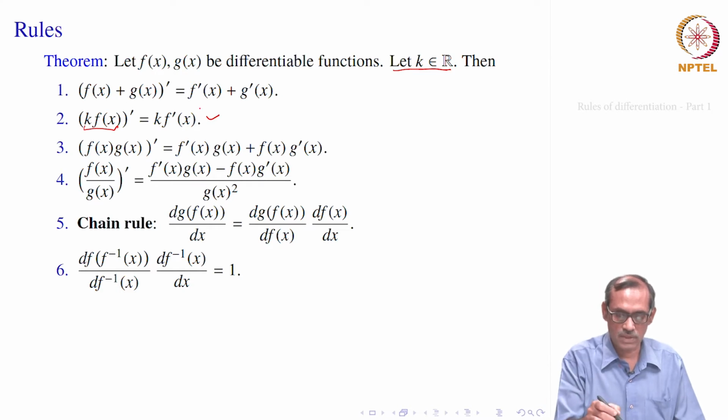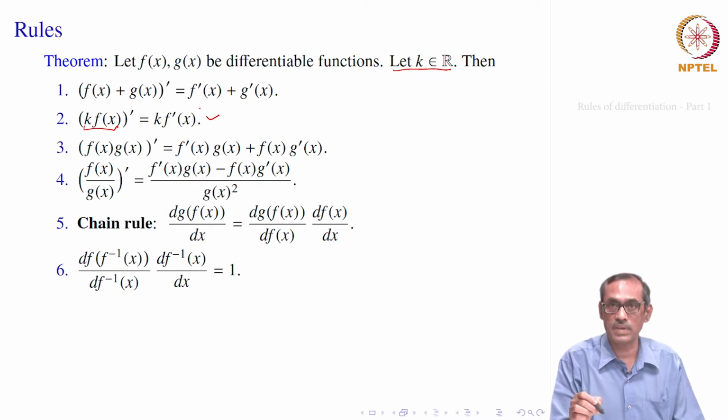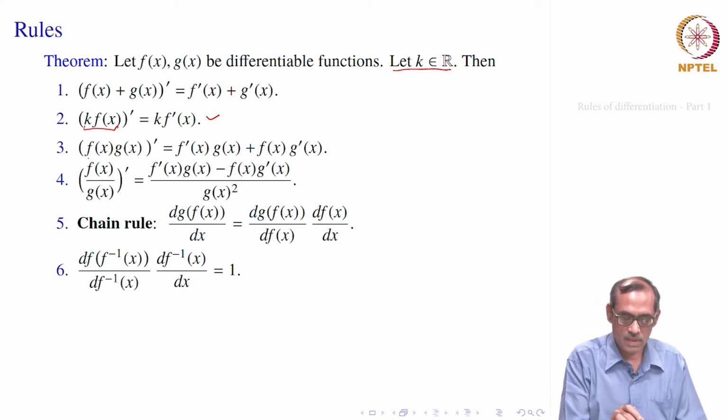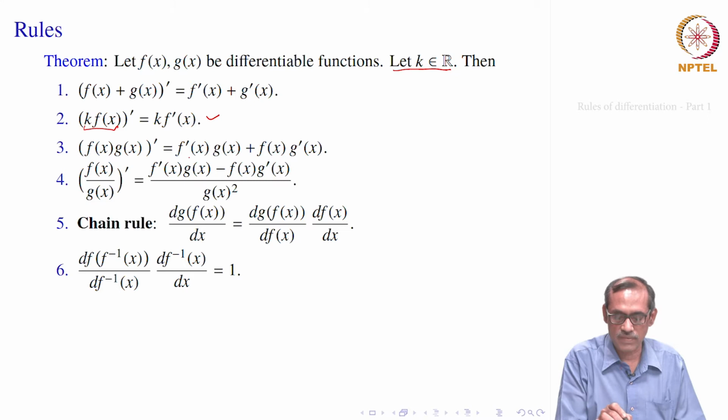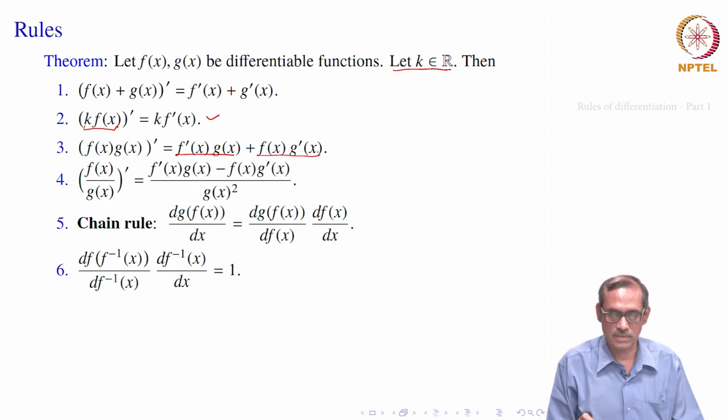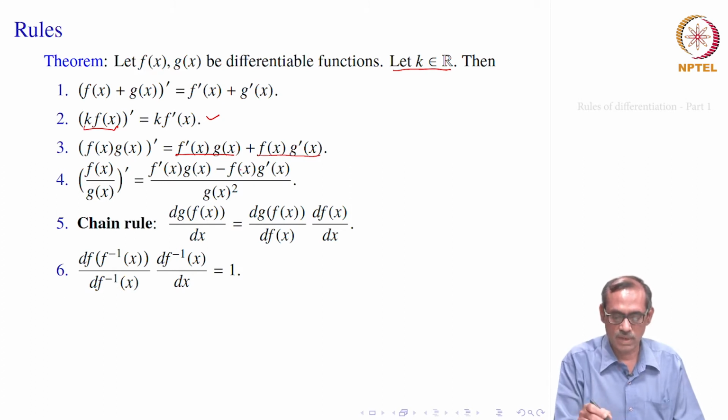These two things, along with the formula for differentiation of x to the power n equal to n times x to the power n minus 1, help us to differentiate polynomials. We will see that soon. The third says that if you multiply two functions f x into g x, that is f g, a new function, its derivative is a bit different, not just f prime x into g prime x. It will be f prime x g x plus f x times g prime x. So, you have to remember this and apply. Of course, we will see how it comes.